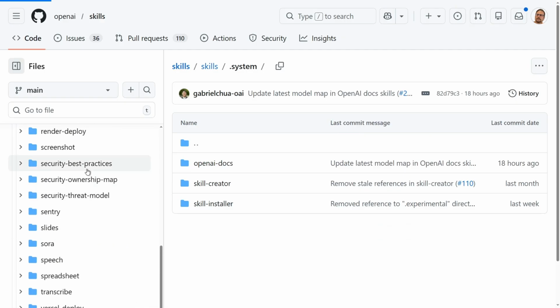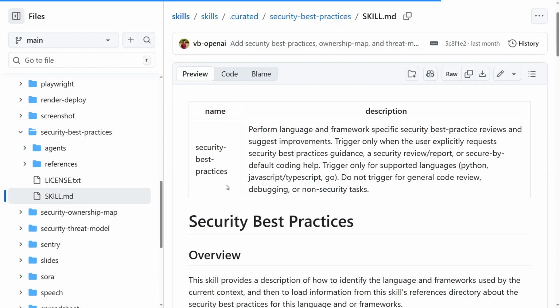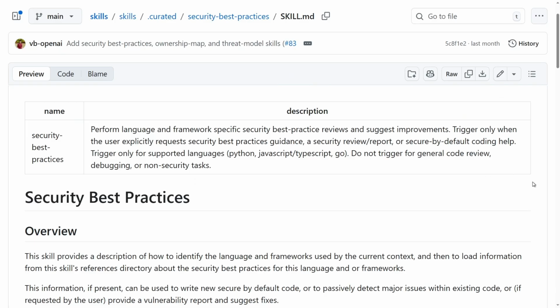Yeah, we can use security best practices because it's important for everyone. SKILL.md. Okay, now it's full screen.